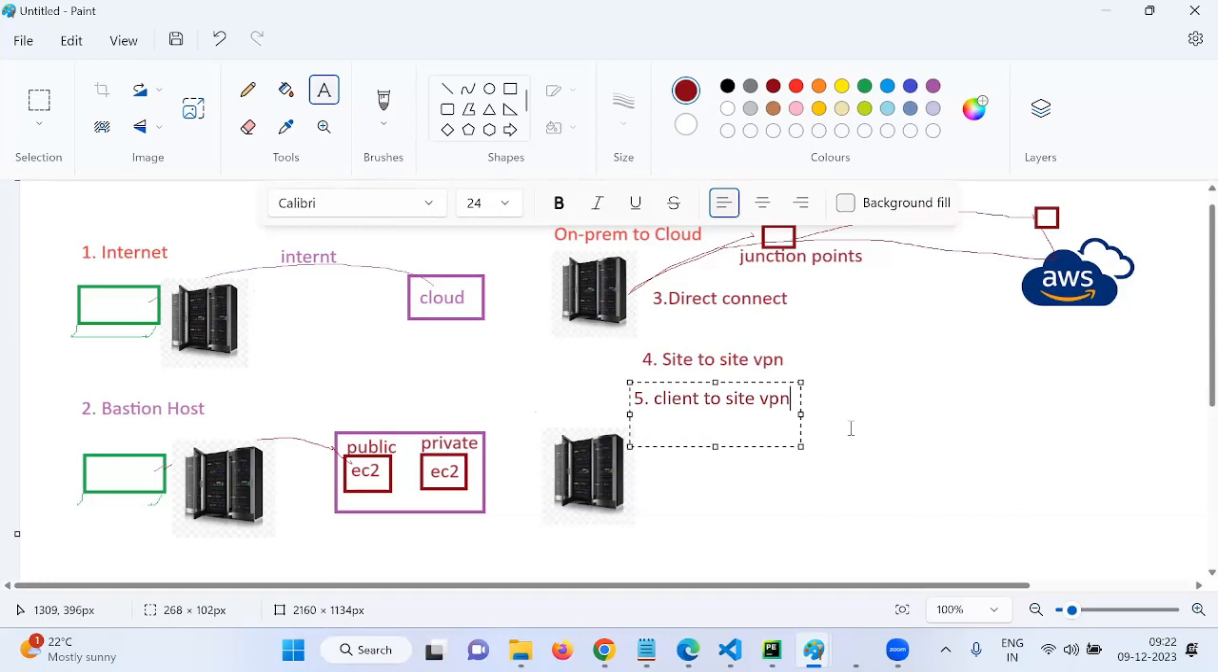Okay, site to site VPN. Site to site VPN is nothing but, in your organization, we create one VPN. We have created one VPN and target, and we update the route tables here and there. We have to create gateways, a customer gateway